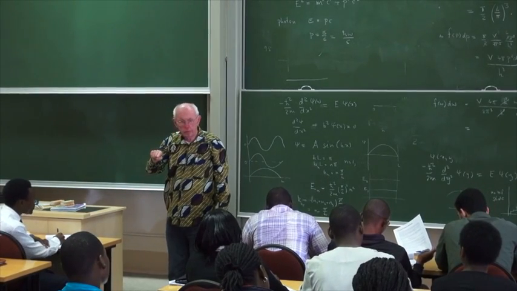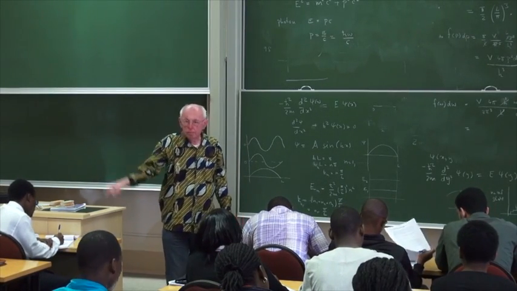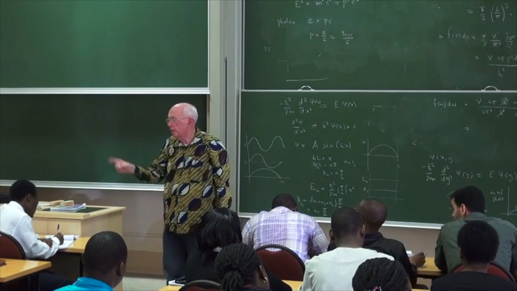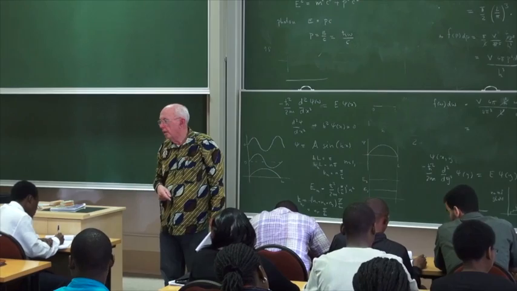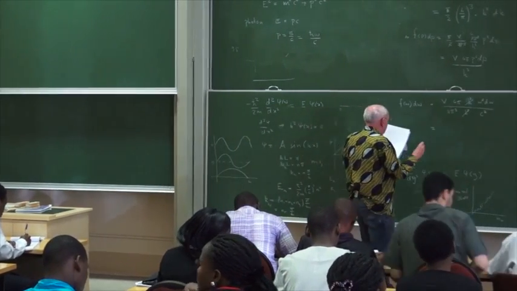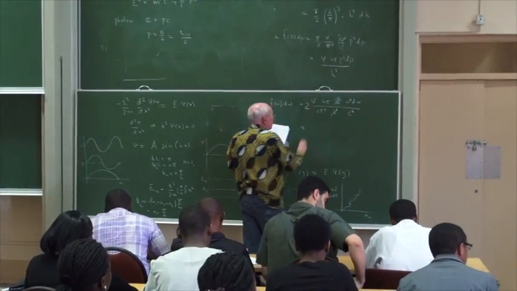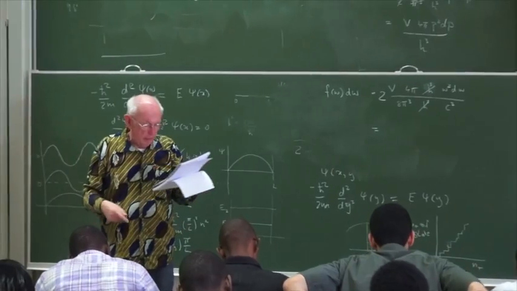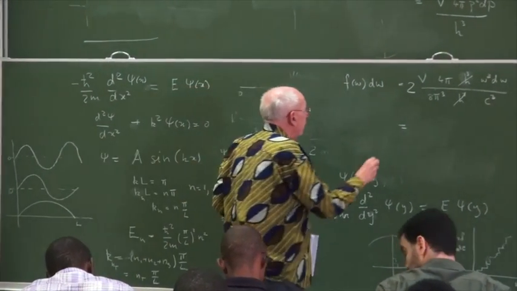You all know a photon is polarized. It can go around this way, and it can go around this way. Okay, we are already finished. So I'll multiply this by 2. These are the 2 polarization directions, and then we get